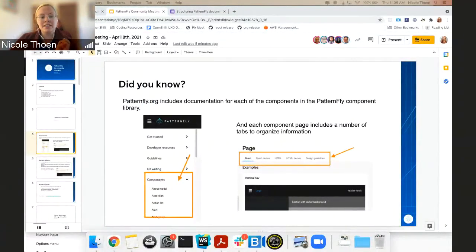And we are constantly debating how to organize our docs. So right now, by default, when someone navigates to a component's docs, they land on the React tab. And we're not sure if people are aware that more complex examples, suggested use cases, and design documentation are hidden in different tabs.